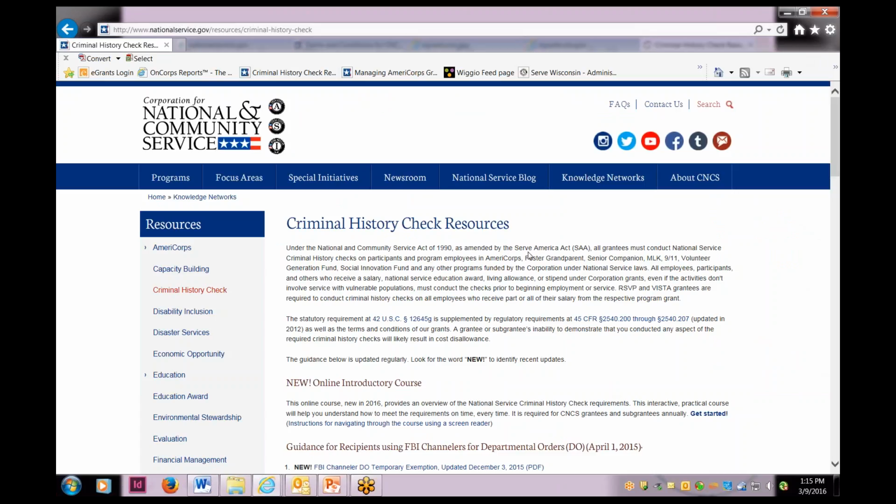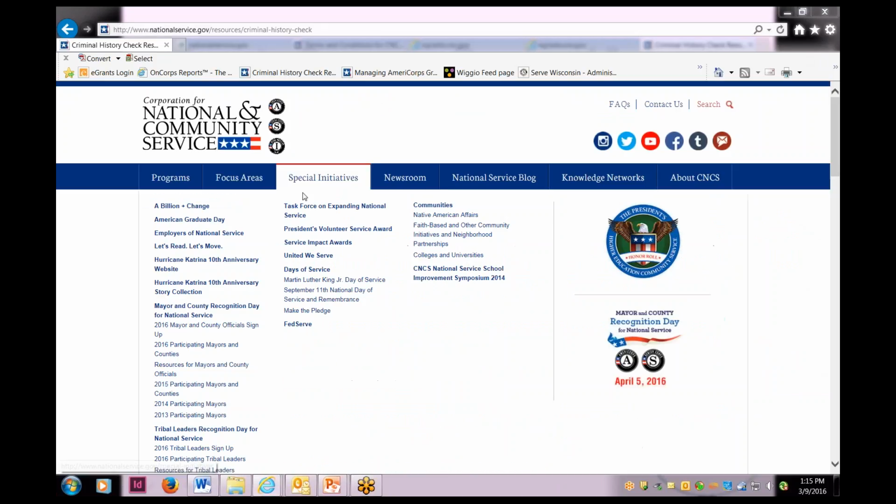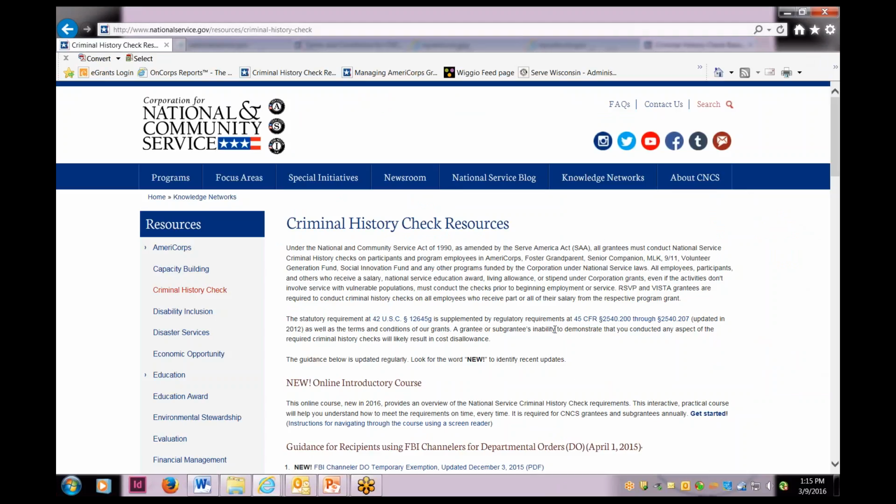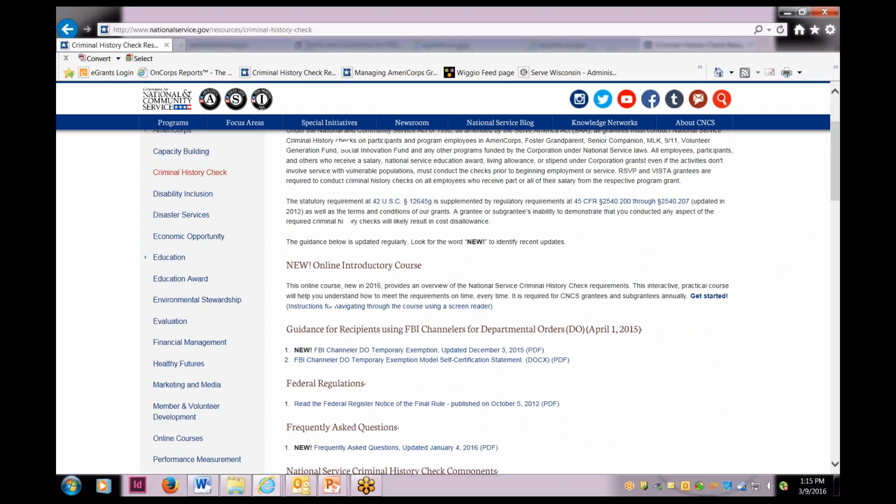Now, this is probably one of the most important things that you're going to be doing: your background checks, and making sure that they're done on time every single time. And I know that we are working hard to support you, and as you have staff turnover, there are a lot of nuances to these background checks, so hopefully this page is another one that will be a great resource.